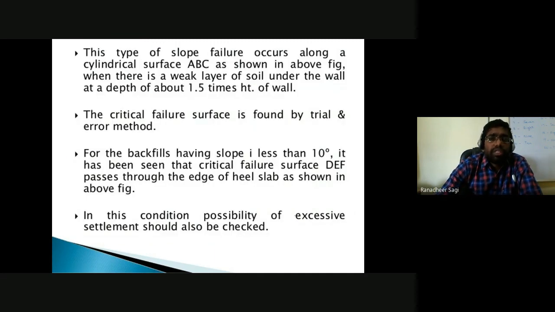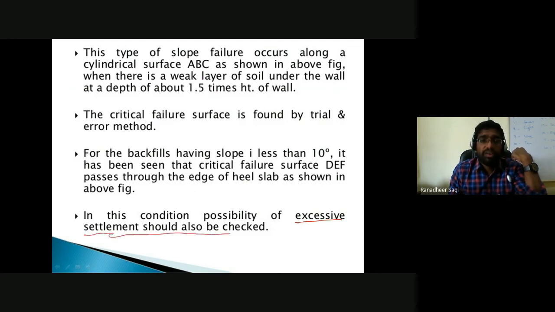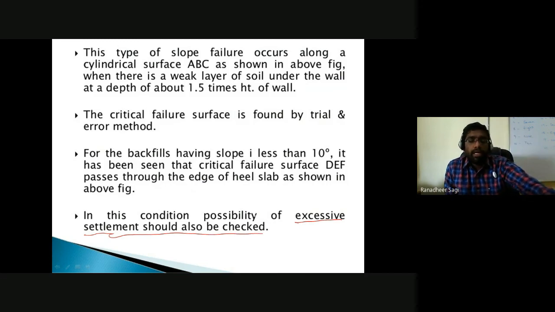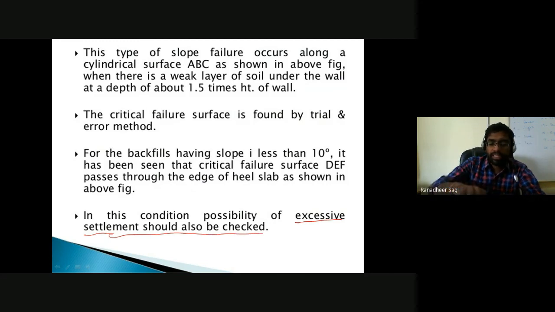Okay, so with this deep shear failure criterion, one more important thing we should have in mind is that the retaining structure has to be also checked for excess settlement, because whenever you have deep shear failure happening, as I said, it is a weaker soil strata into which the shearing is happening. The weaker strata has less shear strength parameters, resulting in more settlement in it. So we should also check for excess settlements, whether you are encountering any excess settlements in that retaining structure or not.